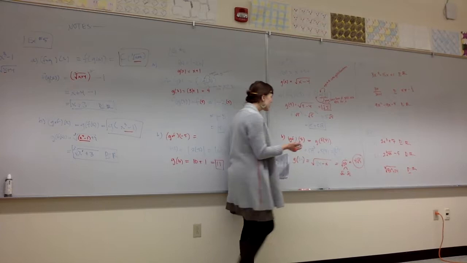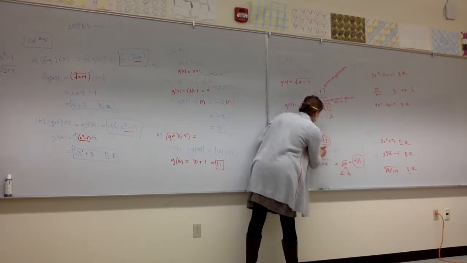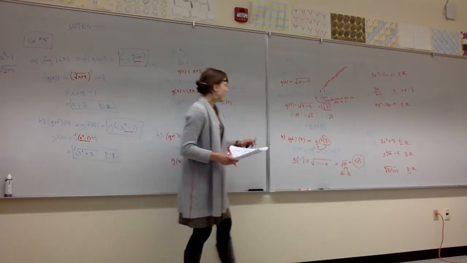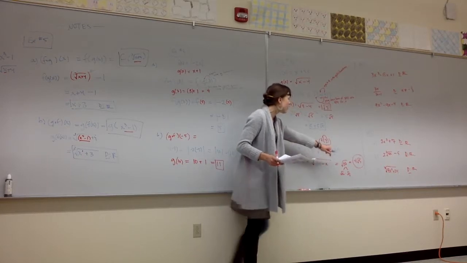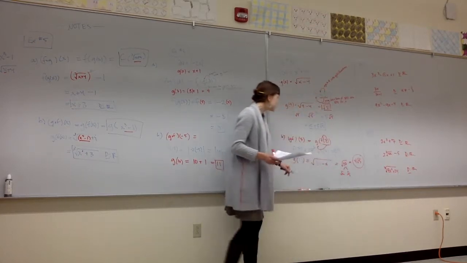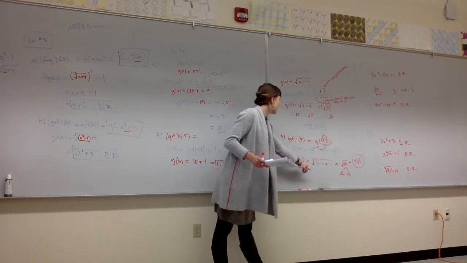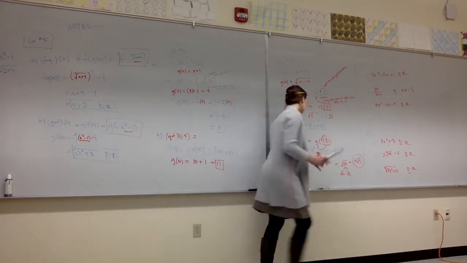And then for my second one, I solve f of 7. Once I get f of 7, I plug that answer in for g. So f of 7 becomes 7 squared plus 5 times 7, or 49 plus 35. That becomes 84. Then I plug 84 in for g, or for f of 7, so it becomes g of 84, the square root of 84 minus x, so this would be